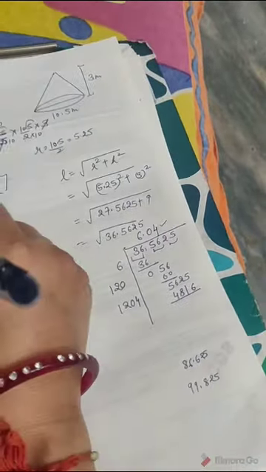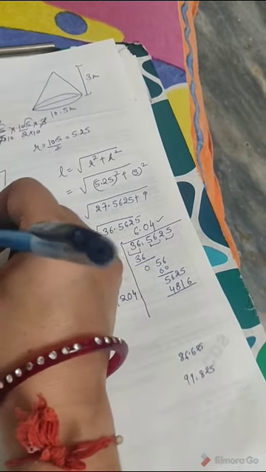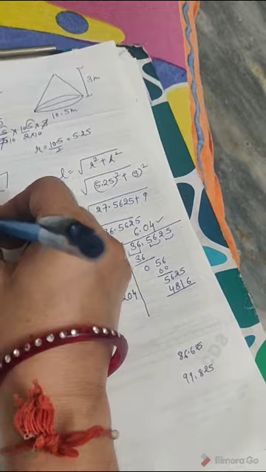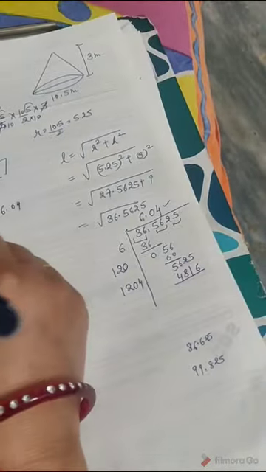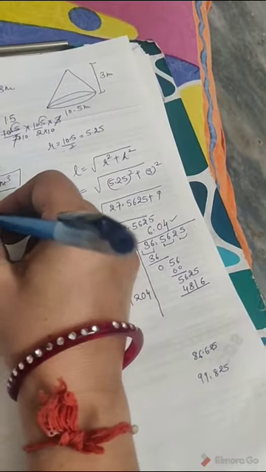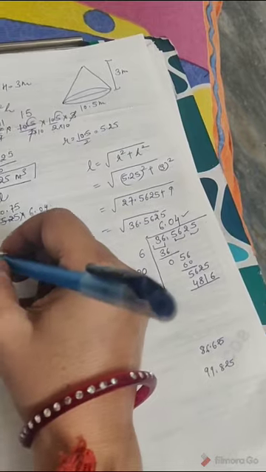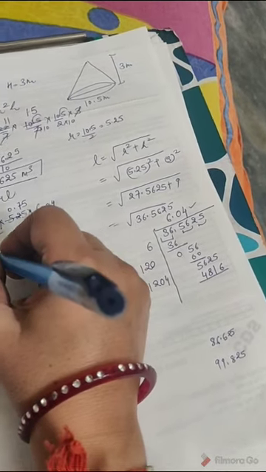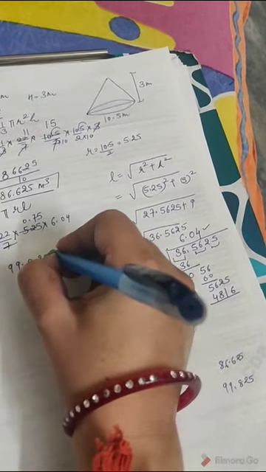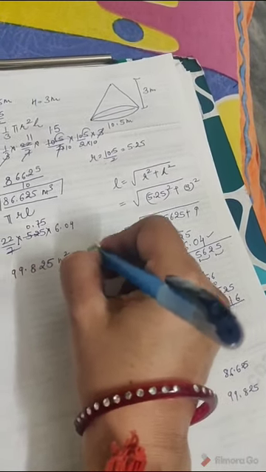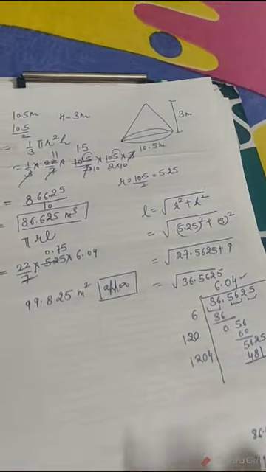So this is your pi is equal to 22 by 7. R is given to you 5.25 and L is given to you approximately 6.04. This is 5 zeros, 7 zeros, 7 sevens, 7 fives. When you are going to solve it, you will get the approximate value that is equal to 99.825 meter square. Approximately you are going to get it. You will be doing the multiplication on your own.